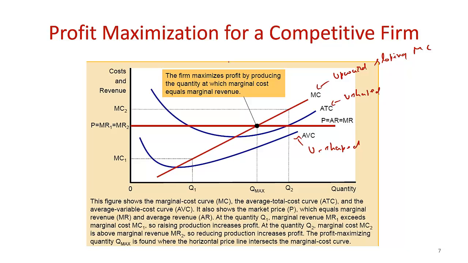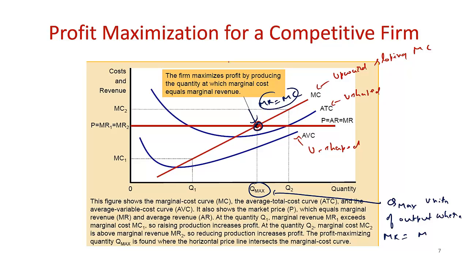So price is fixed at a certain point. And where do you maximize profit? You maximize profit at the point where your MR intersects with your MC. So this is the point where MR equals MC. So you should be producing or selling Qmax units of output